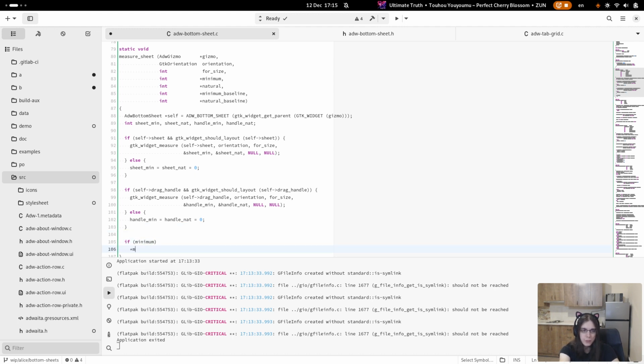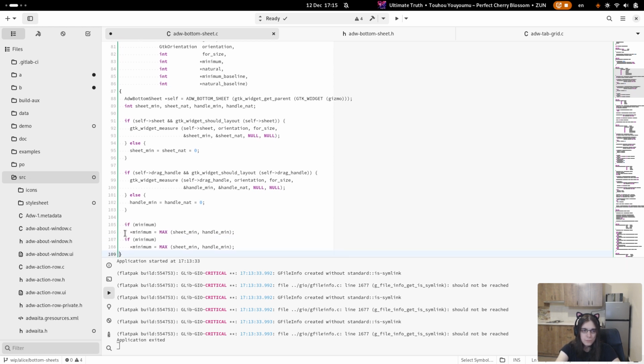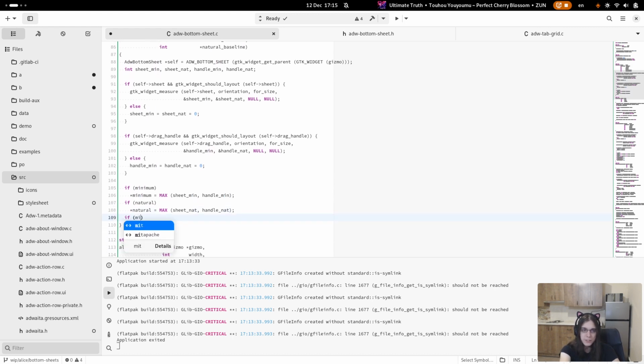Now, if there's minimum, sheet min, handle min, if there's natural, minimum of the natural sizes, and the rest just set to -1.